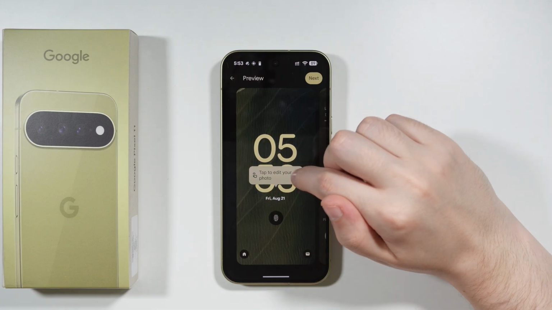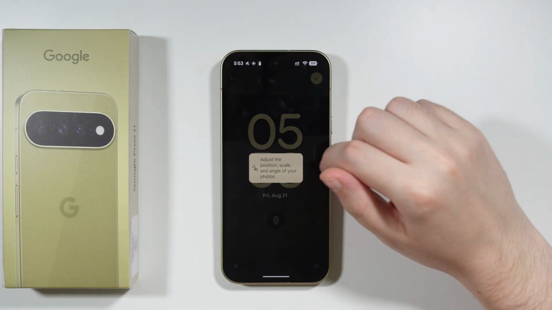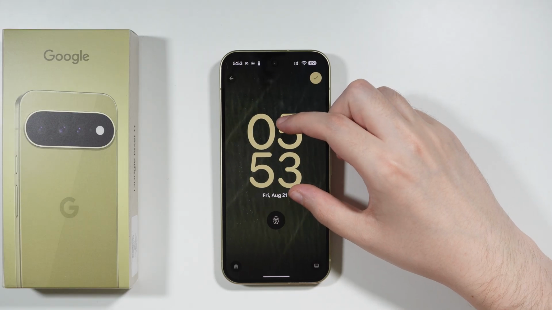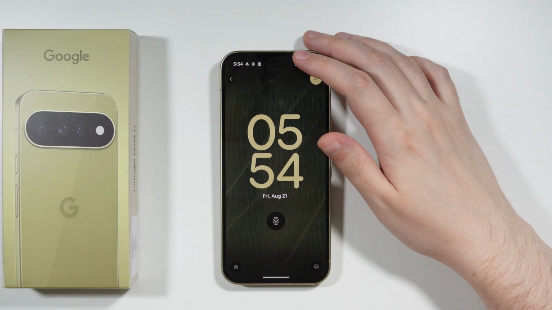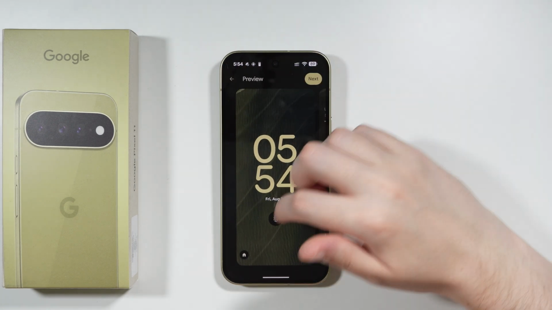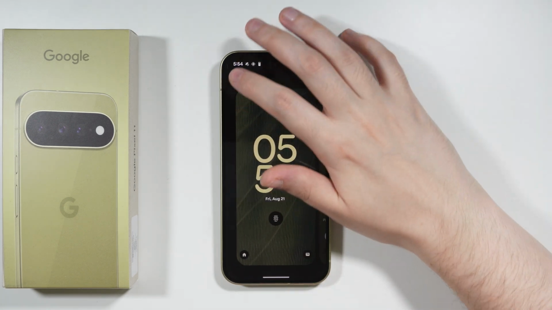Now we can, as you can see here, tap to edit the photo. You can adjust the position, scale, and angle of your photo. So you should be able to zoom in, zoom out, and we can move left and right. But besides that, you can go back, of course, and here, let's actually go back from the preview